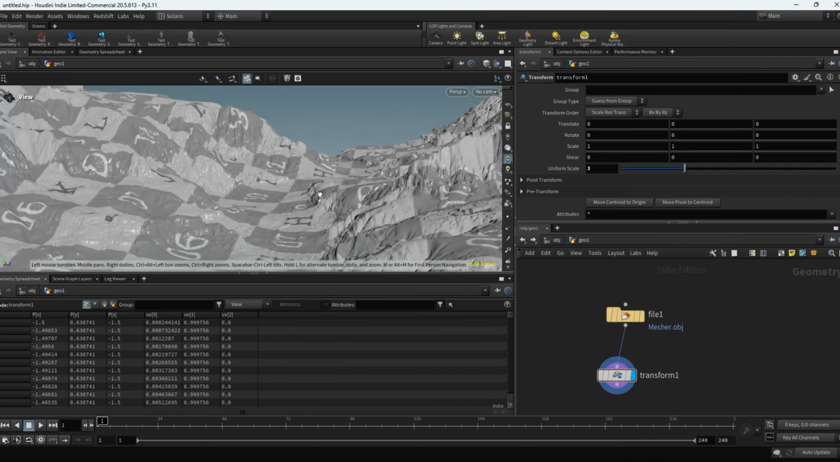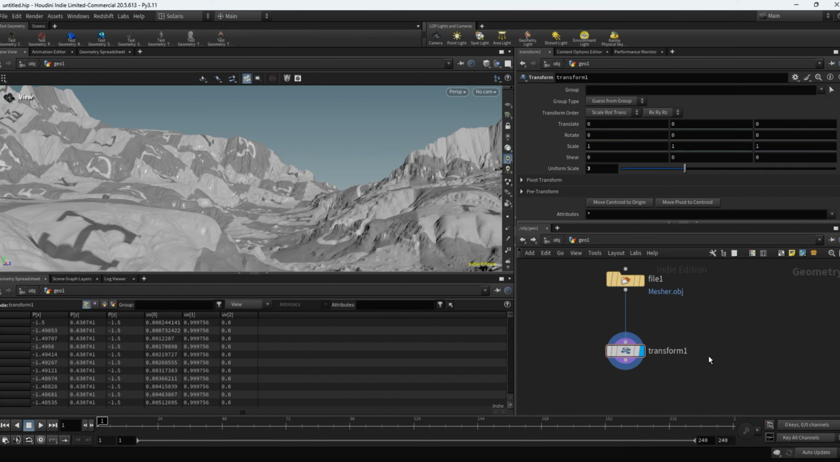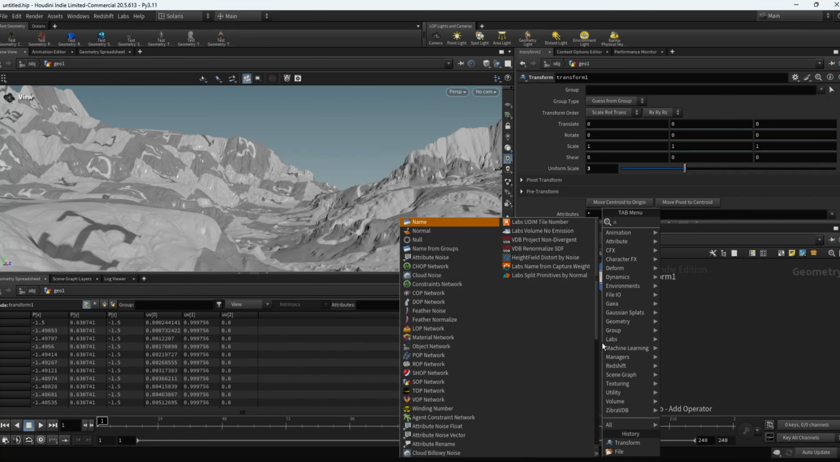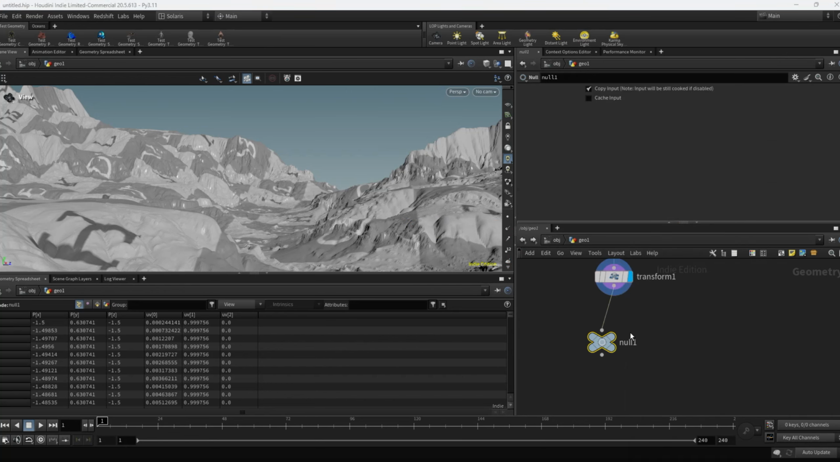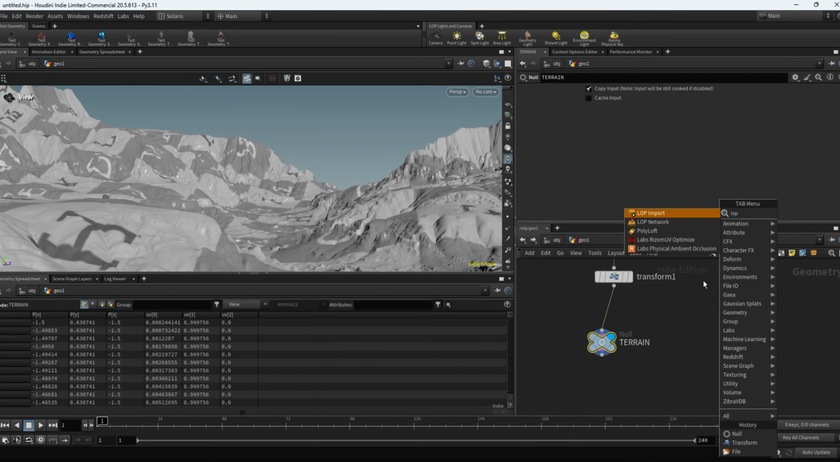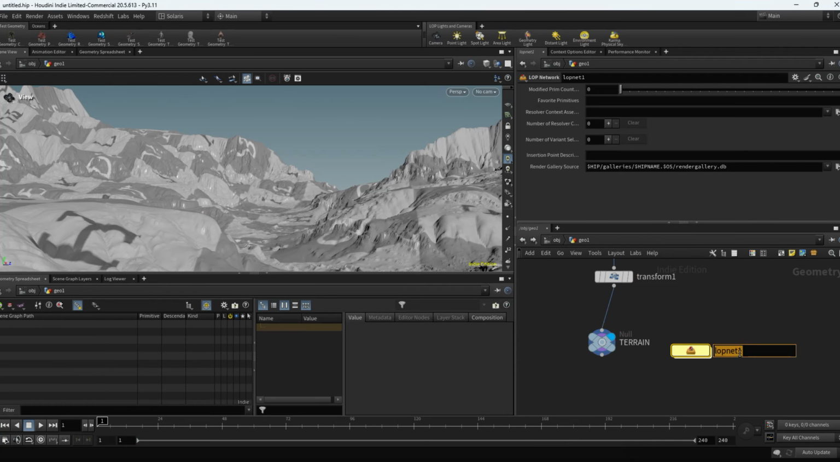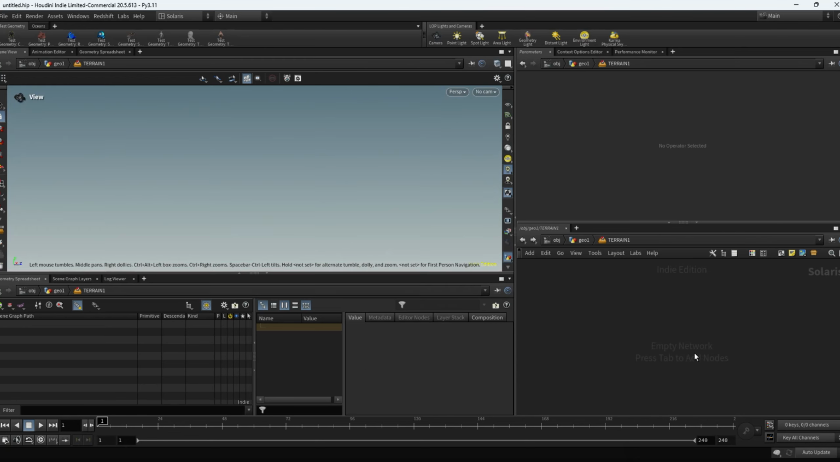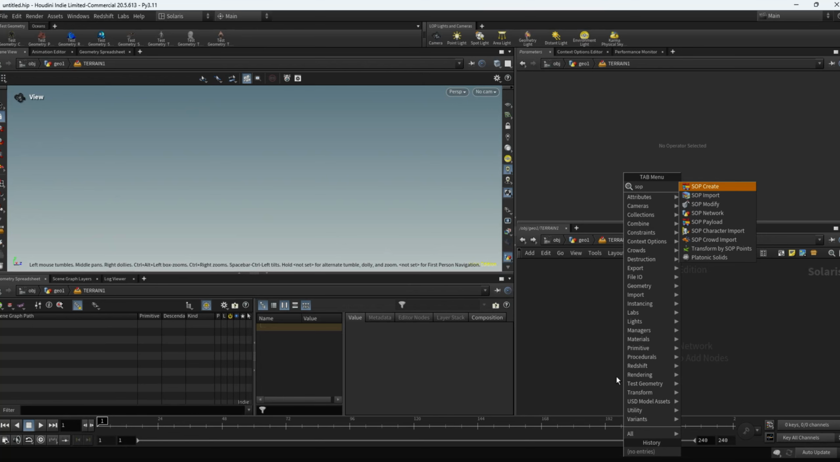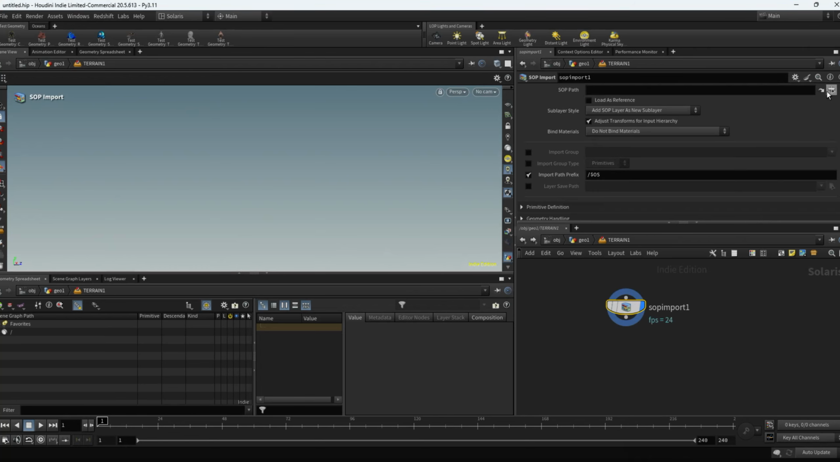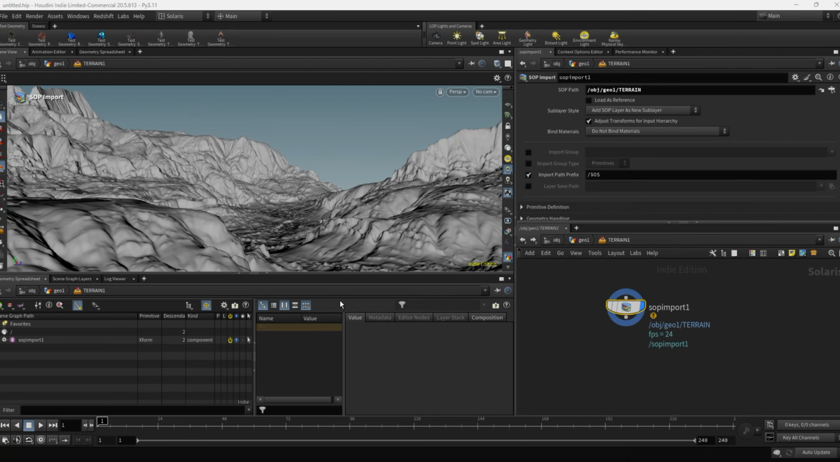And I want to bring this over to the LOP world into Solaris. So let's make here our null for the referencing, and this is our terrain. And we then make a LOP net where we then can put our terrain into the Solaris world. So here we have a SOP import. We put our terrain inside,